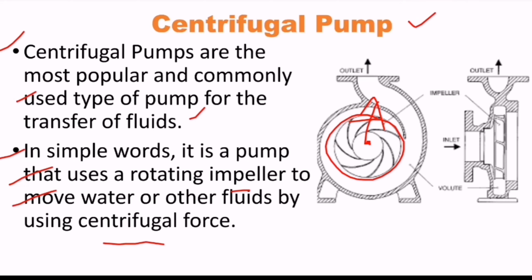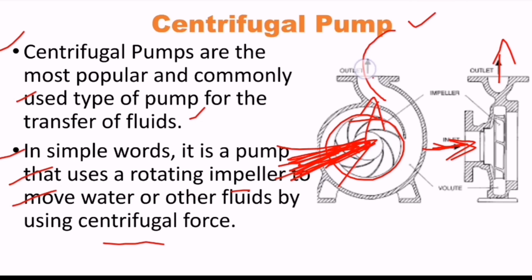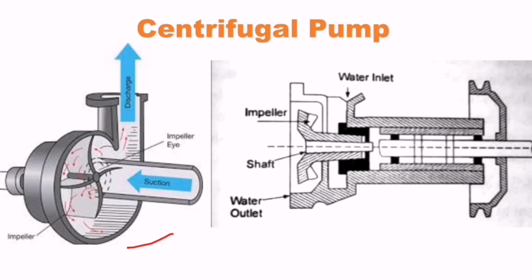So here, if you observe this figure, it has one inlet and one outlet. Inlet means this horizontal hole is the inlet, and the outlet is this one. Whatever liquid is there will come from this inlet and finally discharge from this outlet. With the rotation of the impeller here, it will move upwards. So this is a centrifugal pump outlook or sectioning figure.